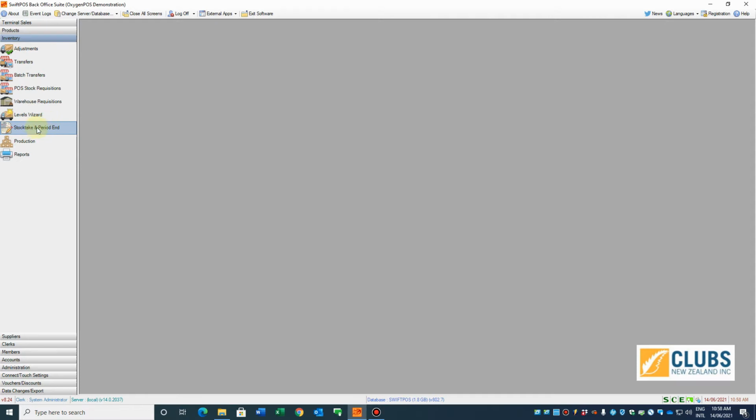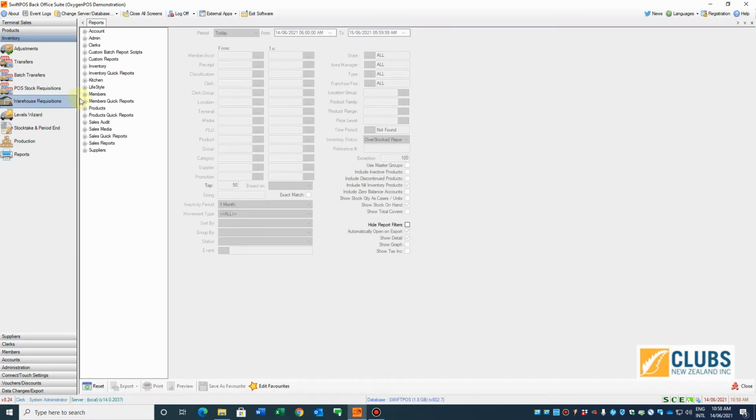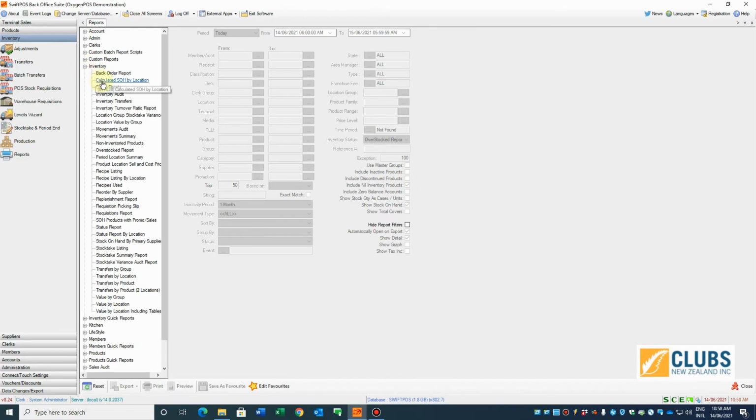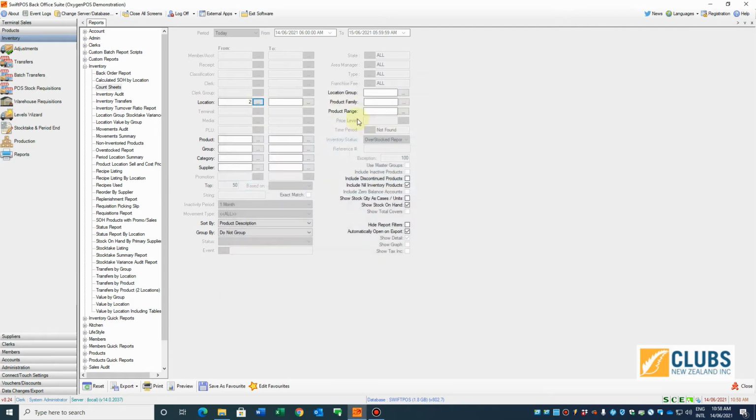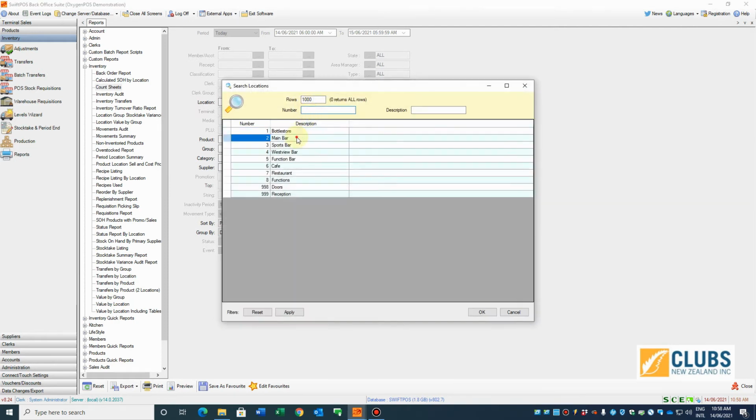But what we want to do is actually print out some stock take sheets. Now I know that in Swiftpos it'll do it as part of this procedure, but if you wanted to print them out separately, you can go into reports and then inventory and then count sheets, and you'll be able to print out the count sheets from here. We might do that anyway, so we'll go into here, we'll go main bar, and we're stock taking the main bar,